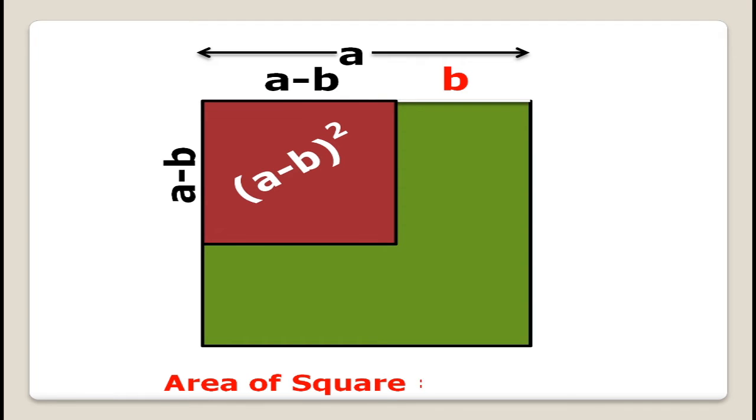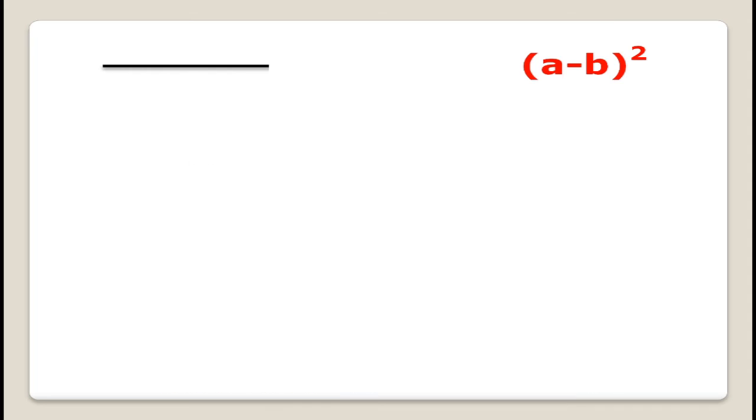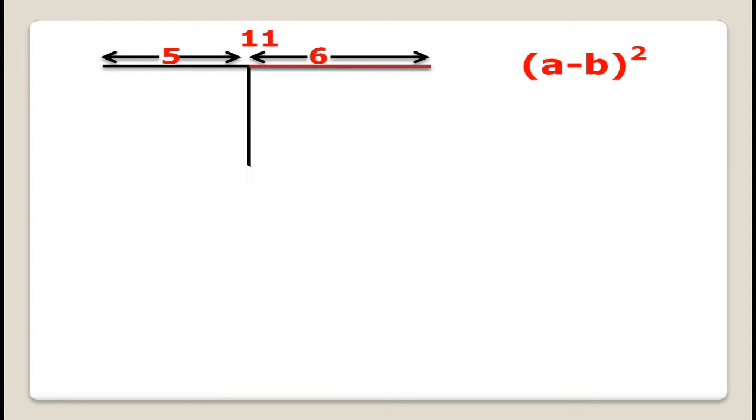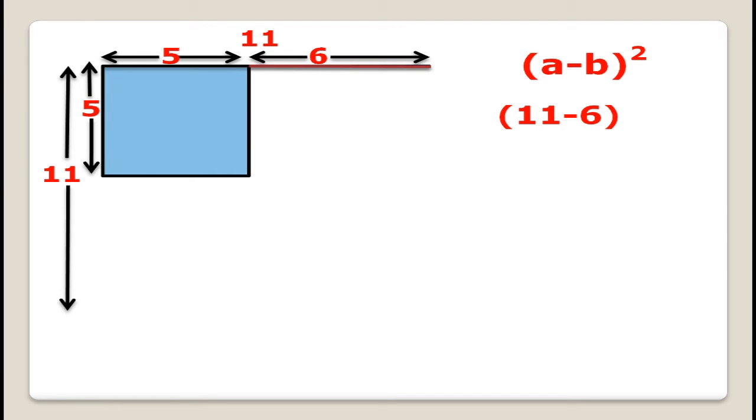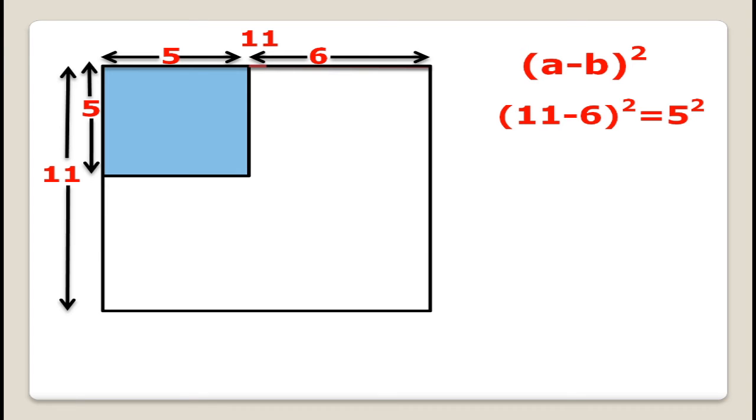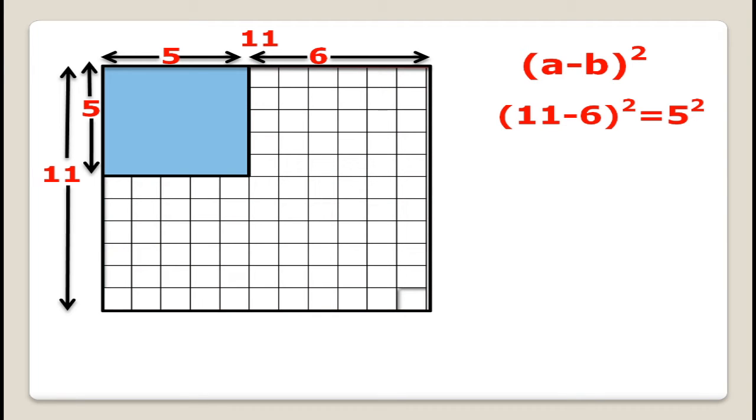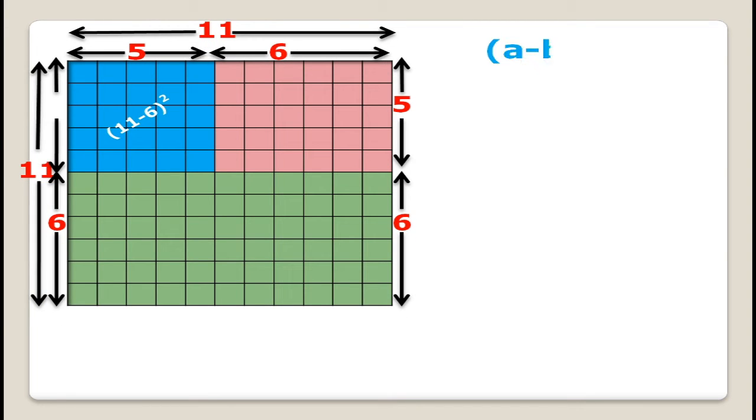Let's see with the help of a few examples. Consider a line segment of 11 and take away 6. The rest of the line is 5 centimeter. Then consider a square of length 5, whose area would be 5 into 5, 25. How do we get this 5 into 5, 25? That is by extracting this much area from 11 square by dividing it into two rectangles, by drawing this vertical line or horizontal line or both of these lines, which will divide it into three shapes, and we extract that area from the original 11 square.